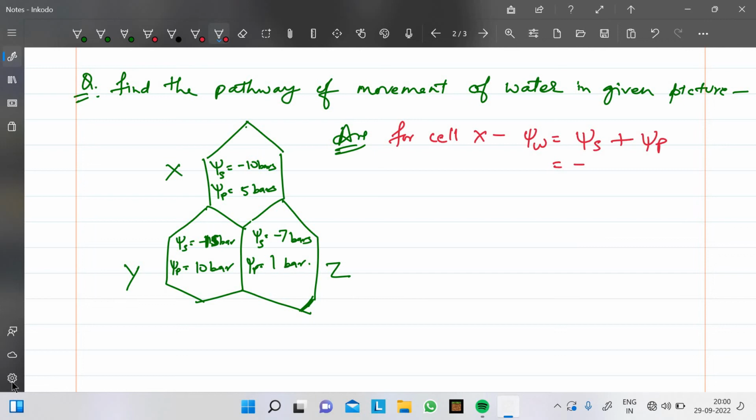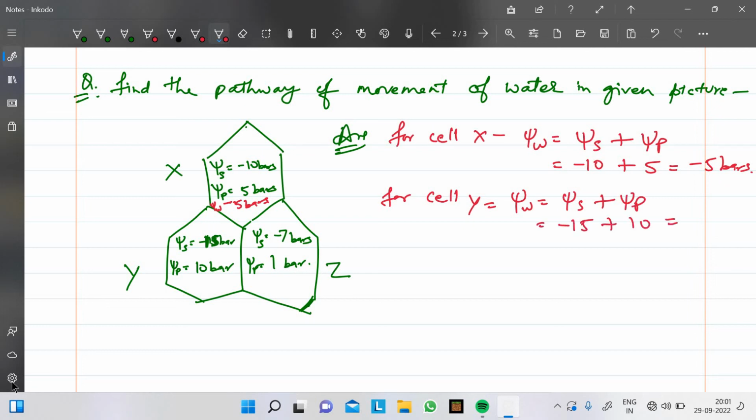In this case, this is minus 10 bar plus 5 bar, which is equal to minus 5 bars. ये दिस इज वाटर पोटेंशियल, ठीक है। फॉर सेल वाई वाटर पोटेंशियल कितना हो जाएगा, again the same relationship, we will find -15 plus 10 is equal to -5 bars. Again this is -5, and for cell Z